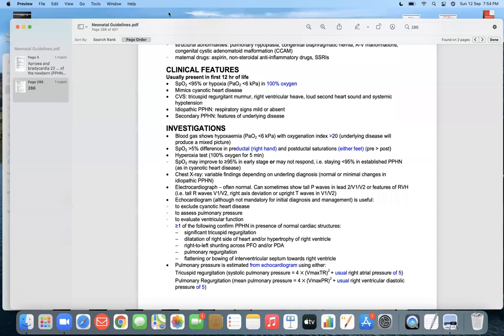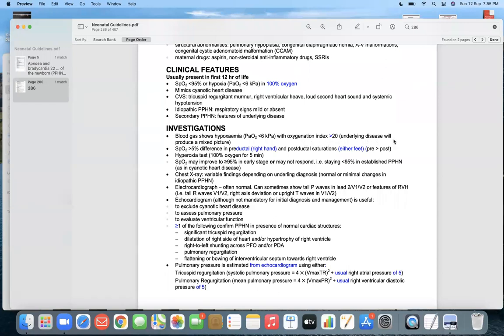See, in PPHN there is a right to left shunt through the foramen ovale. And then there is increased blood coming to the right side. That will be the cause of cyanosis. Then it will come to the right ventricle and cause a right ventricular pressure increase, and that is the reason for the regurgitation murmur. Okay, so next, investigations. Blood gas shows hypoxemia, PaO2 less than 6 kilopascals, with oxygenation index more than